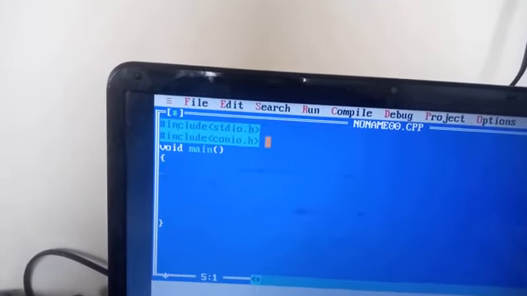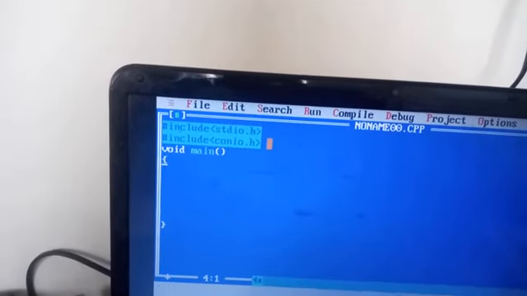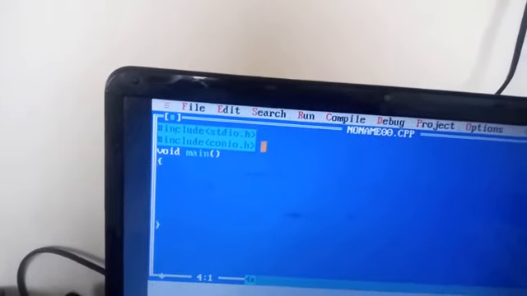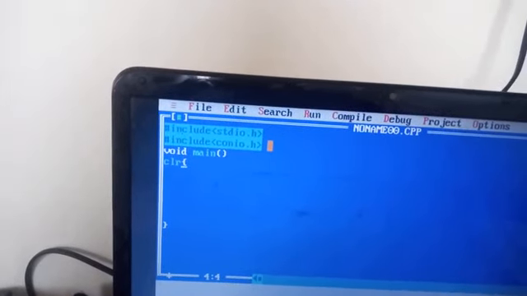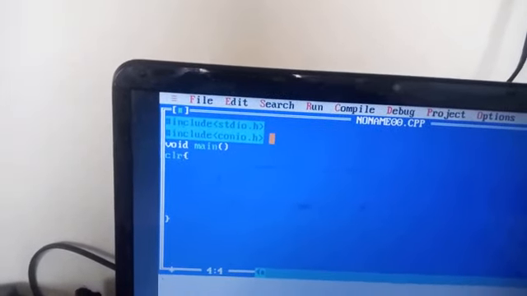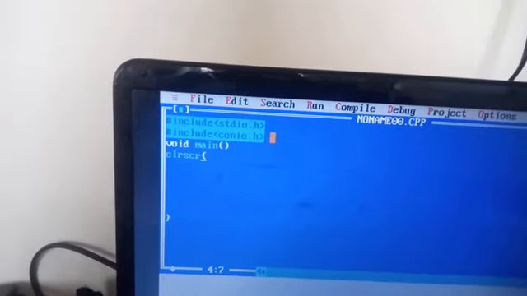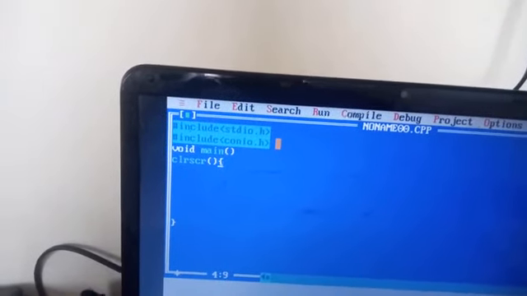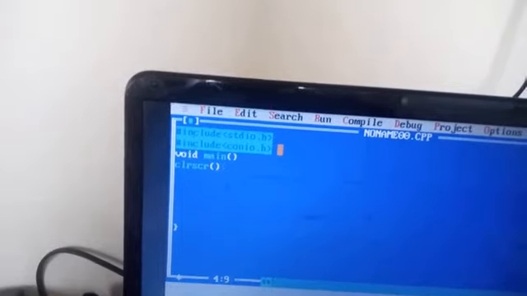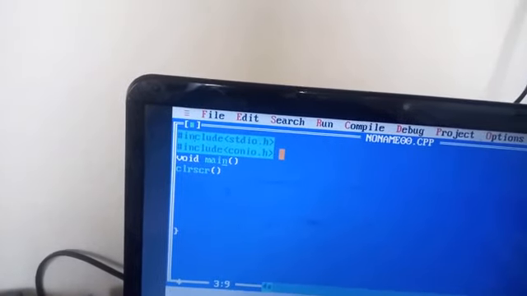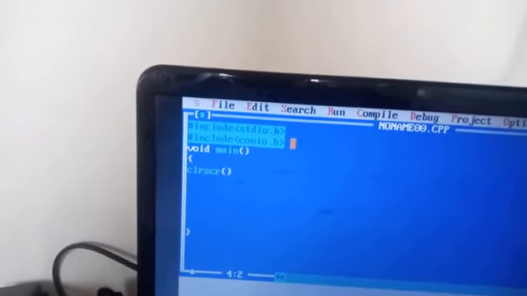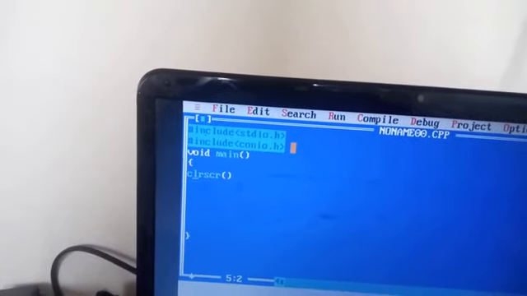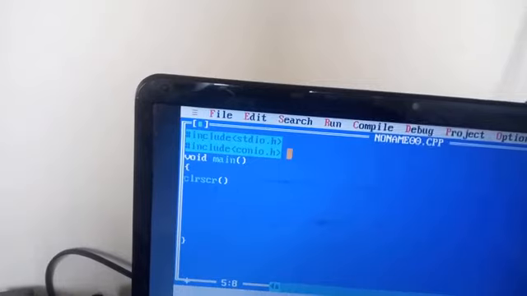For example, we need to print hello world, so first of all we use clear screen, clrscr. Opening curly braces, and now we are moving on.